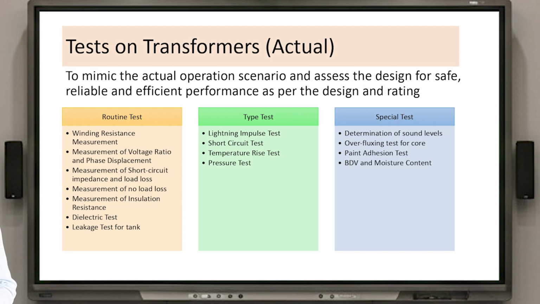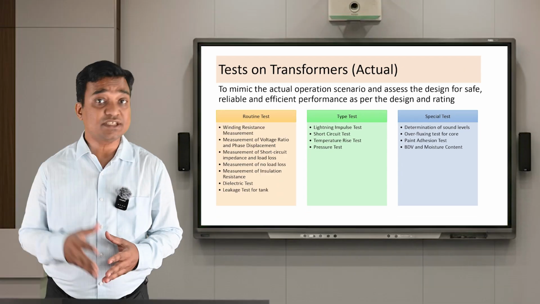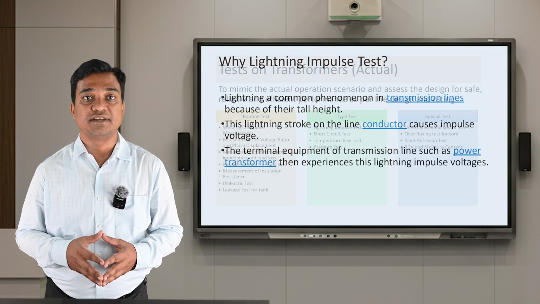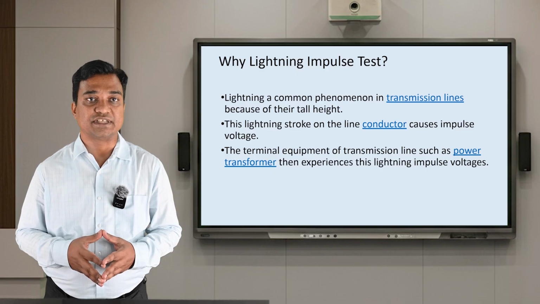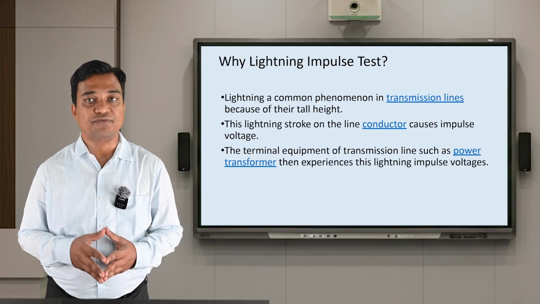One can find that there are many tests which go beyond what we study in our academics, such as lightning impulse test, temperature rise test, overfluxing test for core, to name a few. Even the short circuit test carried out on a transformer as per the standard has a different purpose and a different methodology from what we study in our syllabus. Let us see a few of these tests as specified in the standard IS 1180 Part 1 and understand their